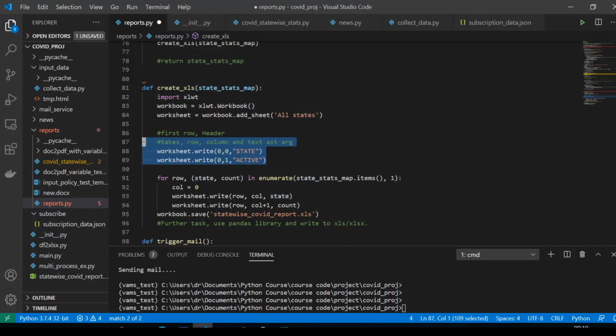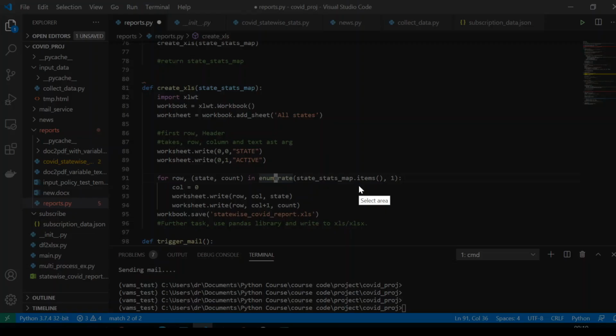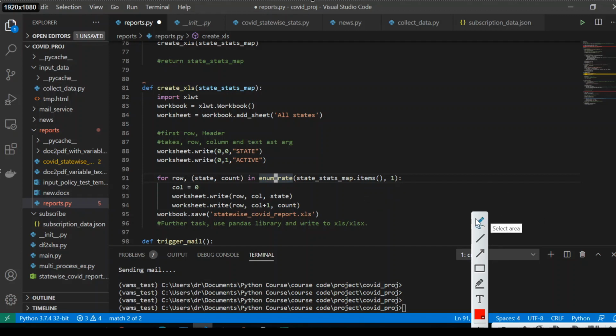Now let us look at this particular segment. We haven't come across enumeration. So what does enumeration do? I'll just show you what is enumerating. We have seen all the types of data, that is list, dictionary, and so on and so forth. Enumeration means to number something.